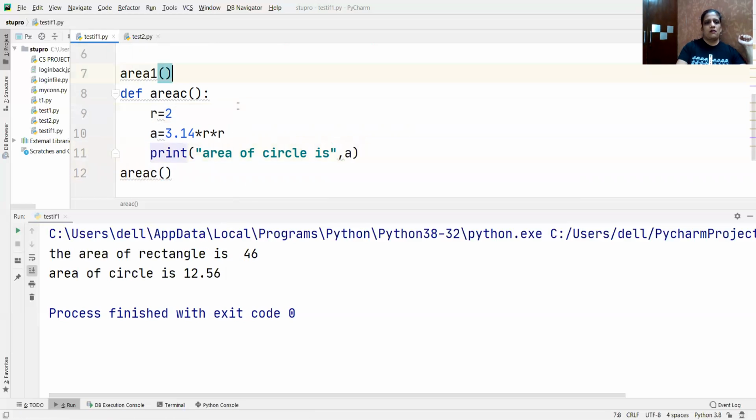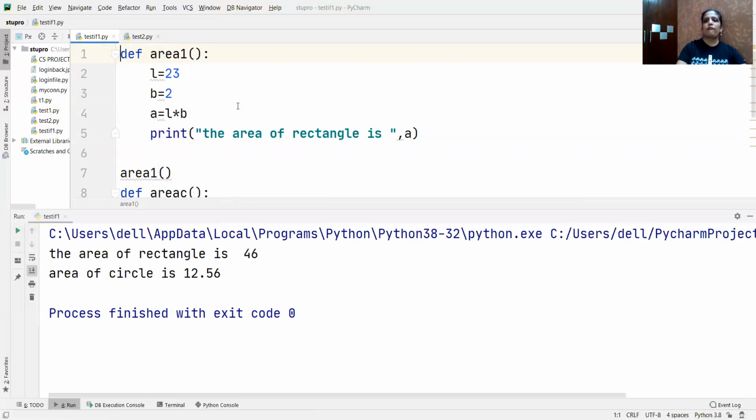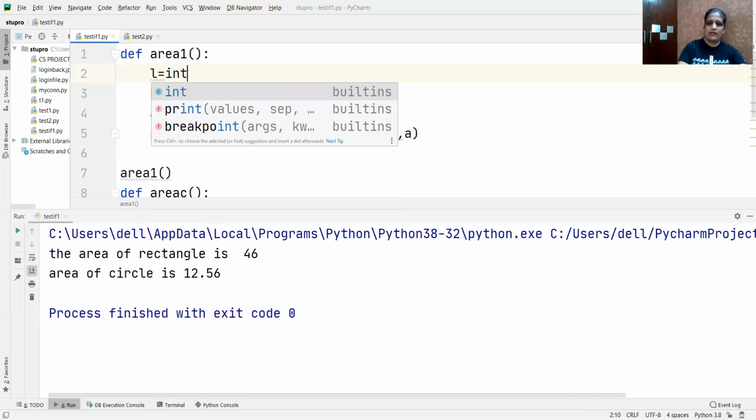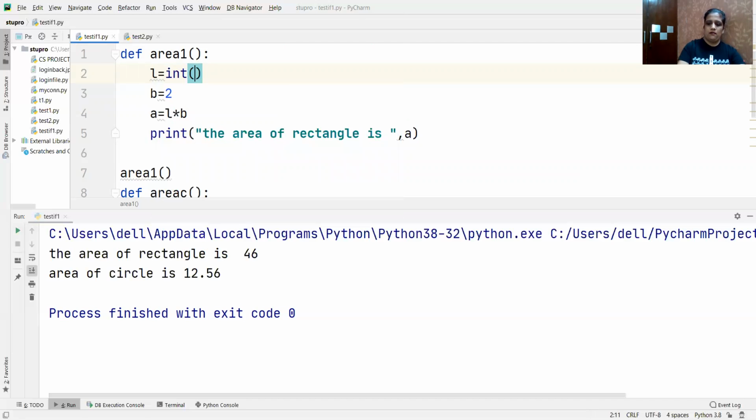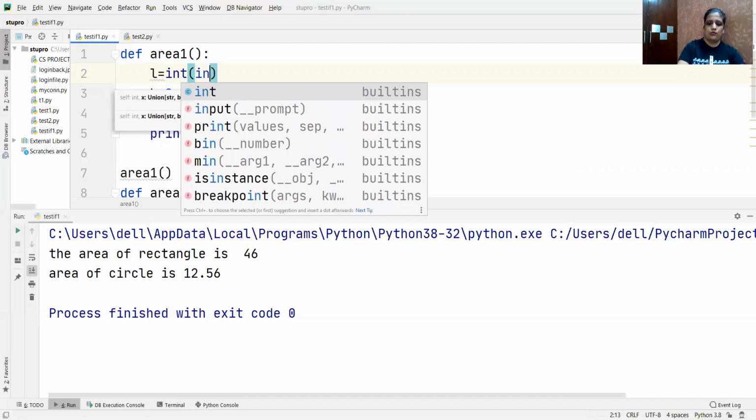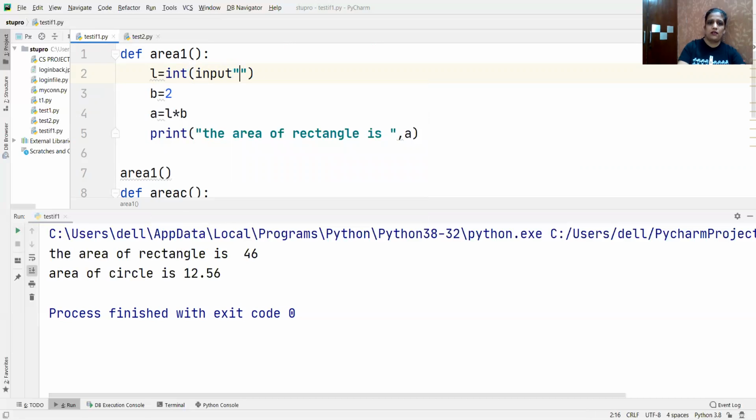Okay. Achha. There is one more method to write a function. Right now, I'm just putting the constant value, or if you need, you can take the value from the user even. So for that, I need to write int input. If I need to take the value from the user in integer format, I have to use the input statement, and I need to convert it to int, because input is used to take the text value. Let me write it here.